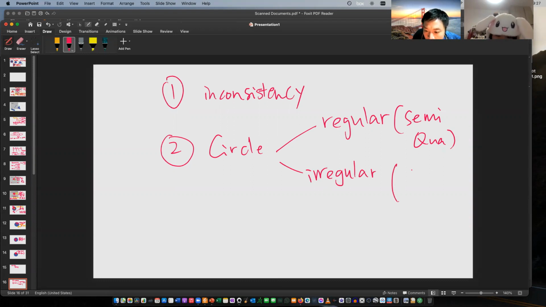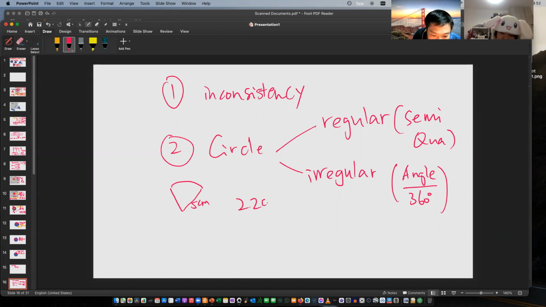So for irregular shape, you need to find out the angle first. Angle divided by 360 degrees to find out the fraction. If they don't give you the angle, you need to find the angle. Just now the question gave you the area instead. They give you this is 5 cm, and the area they tell you is 22 cm squared. So with this area, you can actually find the angle. So 22 over the area of the entire circle,